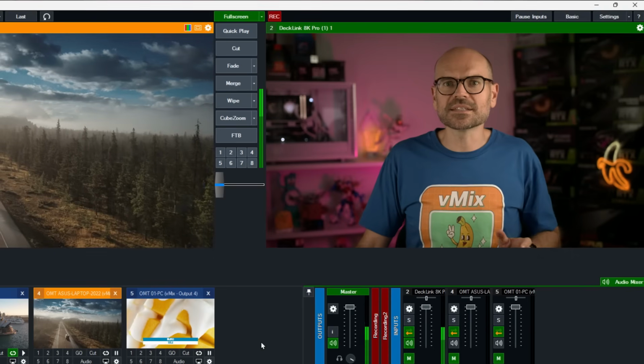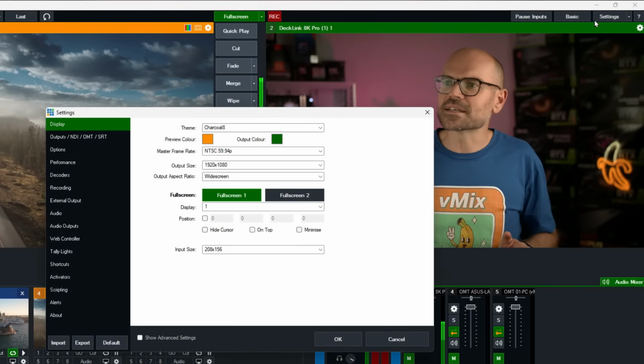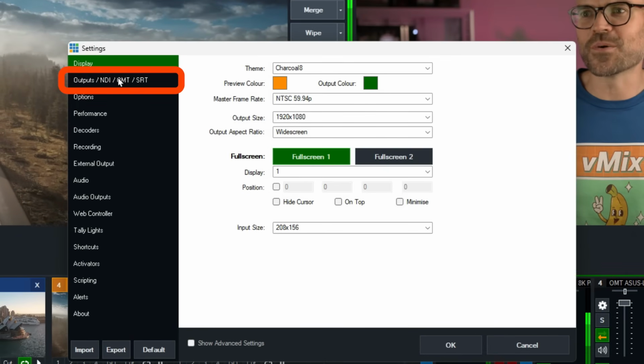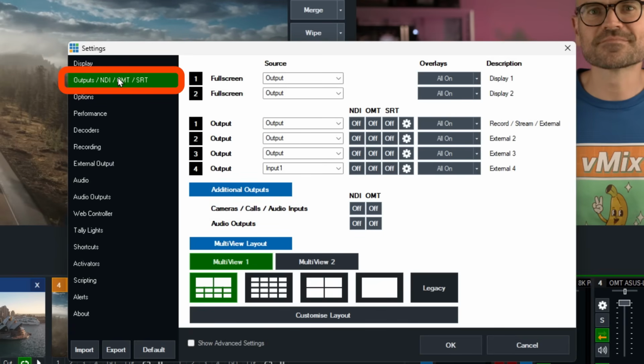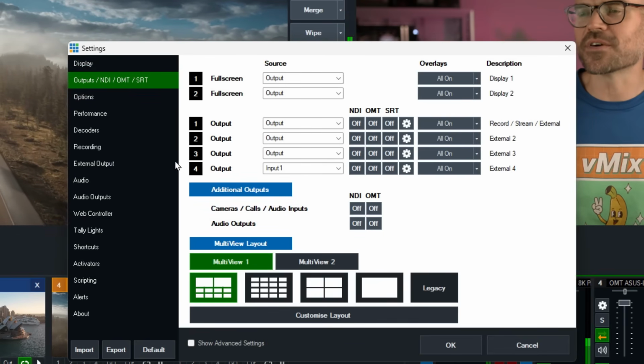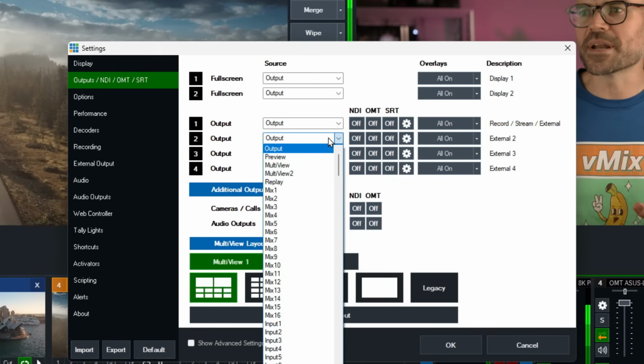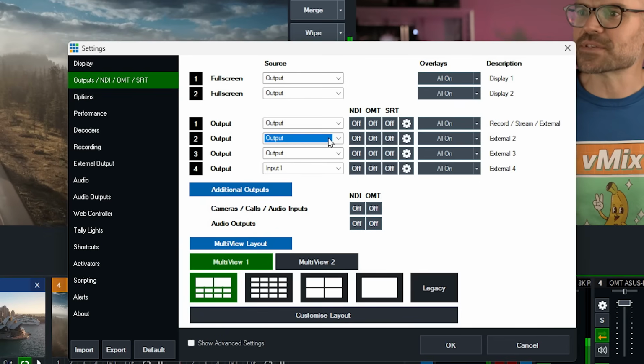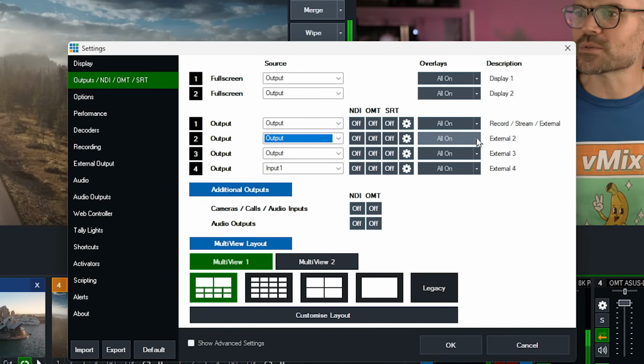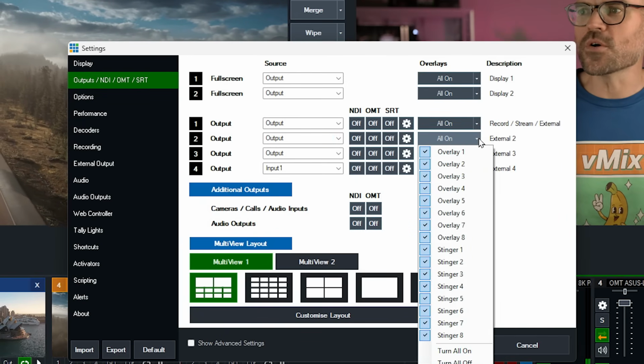And there we go. Okay, we've looked at how to bring OMT sources into vMix and their settings and controls. Now let's output OMT from vMix for other applications and devices to receive. Going up to Settings and selecting Outputs NDI OMT SRT. From here, we can specify an output. We'll go with output 2. We can nominate what we're outputting, and if we've selected output here, we can also specify whether our overlays are